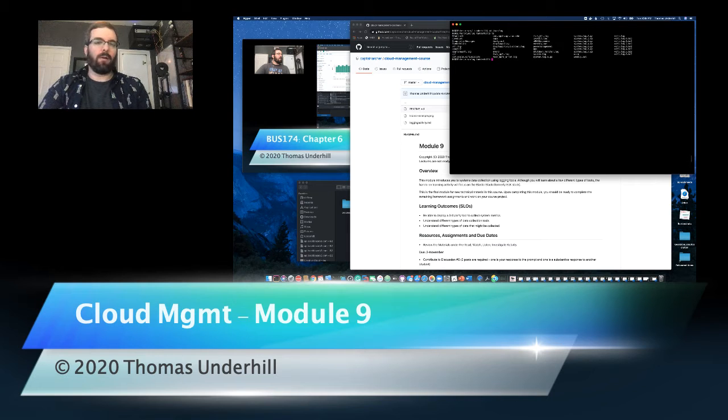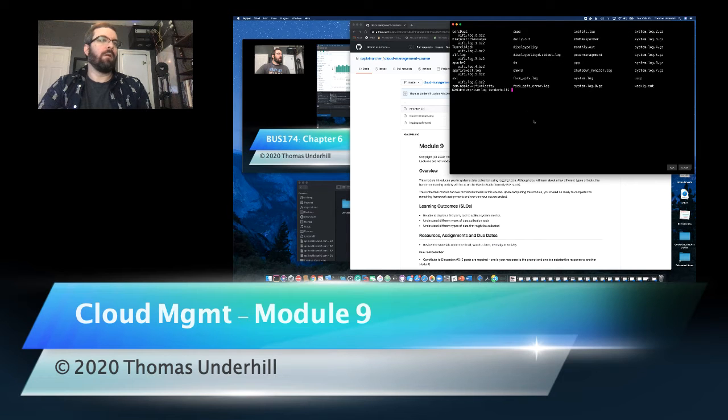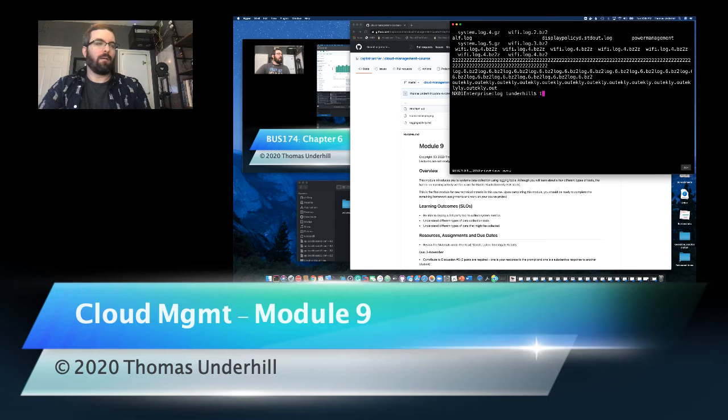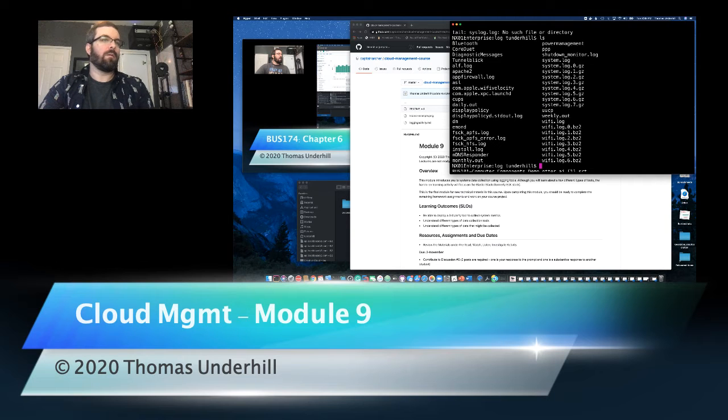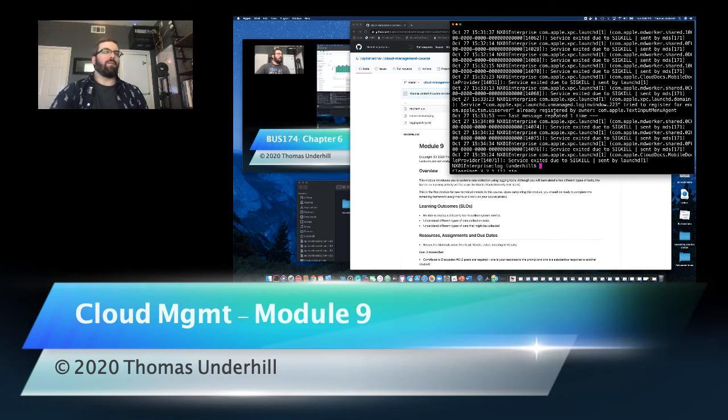If I make it a little bigger, we can see that we have some files here. And we can just look at system.log. If we look at the last 50 lines, we can see on my Mac here,